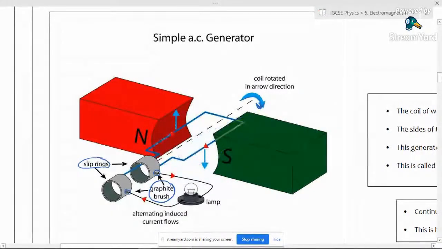And you can see at the moment, this one on the right side is moving downward at this instant because this is rotating in a clockwise direction. Okay, so if this side right here is moving down at the moment,